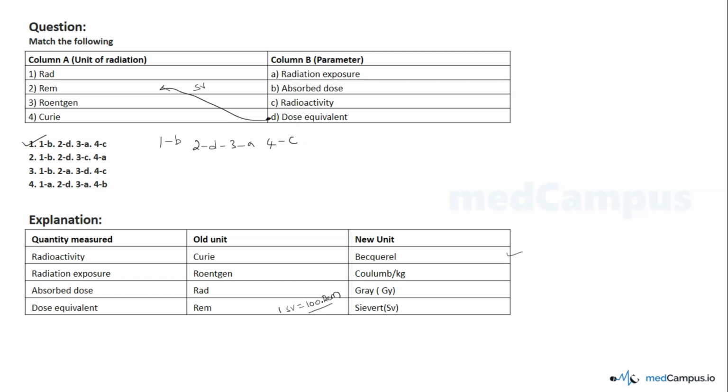So we're done with radioactivity, exposure, absorbed dose, and also equivalent dose. Now we are left with one more parameter. So let me go to the next slide. See here. Till now